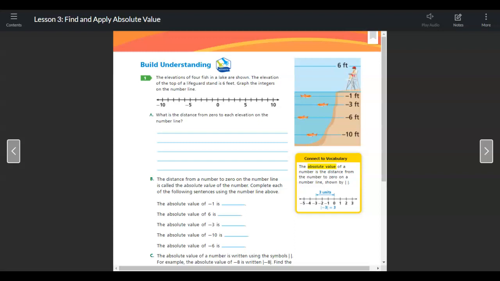Okay, we are on Build Understanding on page 22, and this is Module 1, Lesson 3, which is titled Find and Apply Absolute Value. Make sure that in this section you are going over with me as I go through. So, this first section,